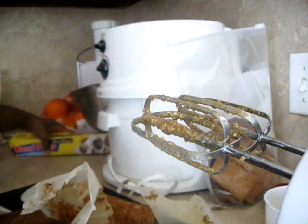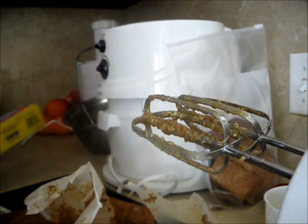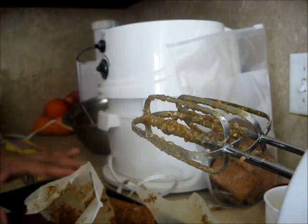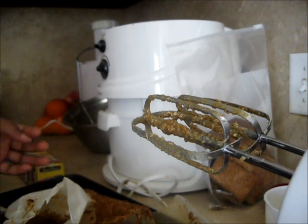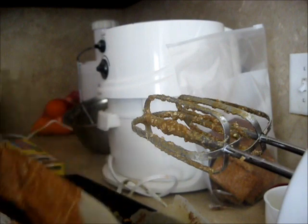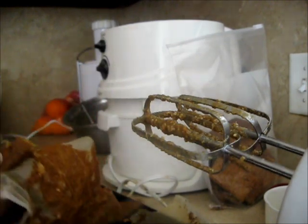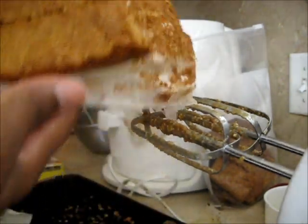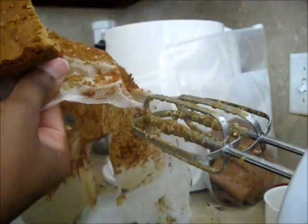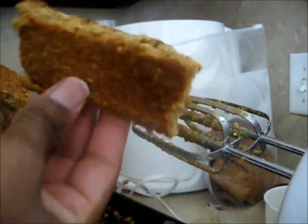I'm not sure if you're really supposed to put the wax paper in the oven. I know it's really meant to have things set, but I only have the oven on 325 and I only have it in there for 15 minutes, so it's not like this thing completely burns up. See how the paper looks? The reason I have this on here is because I want my granola bars to just slide off. Watch, all I have to do is pull that off, and there's my granola bar. Nice, smooth,